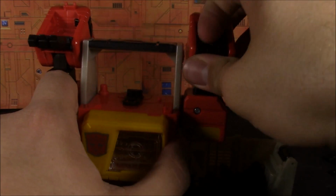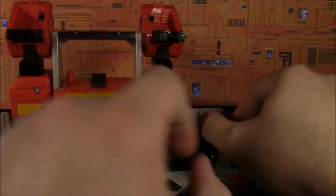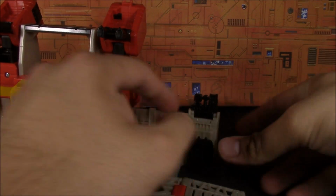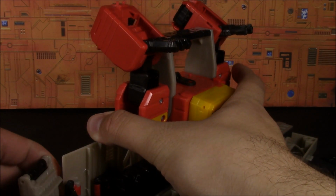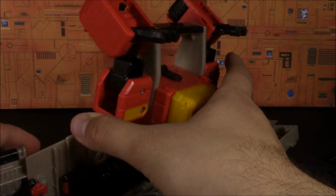Bring it down. Flip out the little cannons. From here you want to bring out these little sections all the way out to here and bring up these little, I guess, radar dishes, or in the case that he very much looks like a